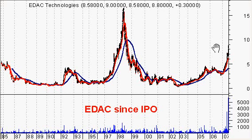Good morning. Let's make a brief technical and fundamental study on EDAC. This is the chart since the IPO, which was here in 1985 at about $6 a share. And the stock had this big bull run here in 97 and 98. And then it went down to almost previous levels of this huge bull run. And now it is bullish again and set for a big rise, I believe, as it happened here in 97-98